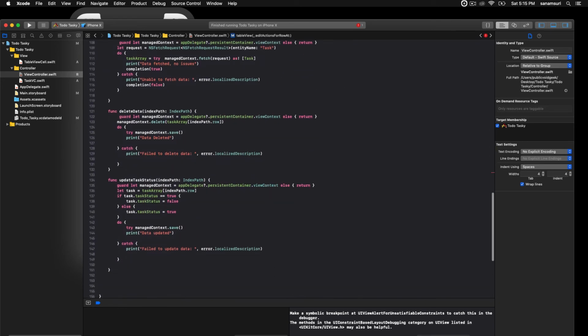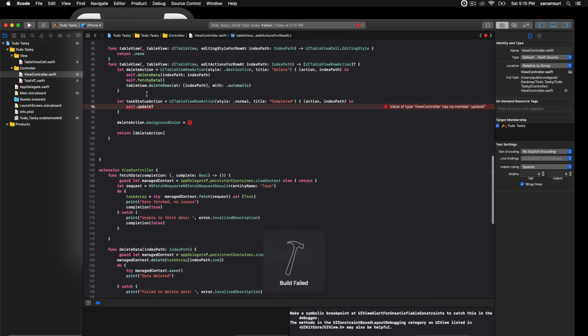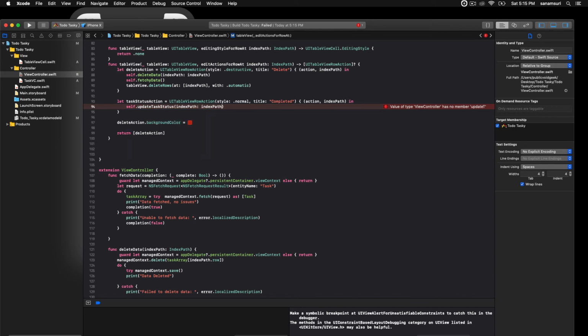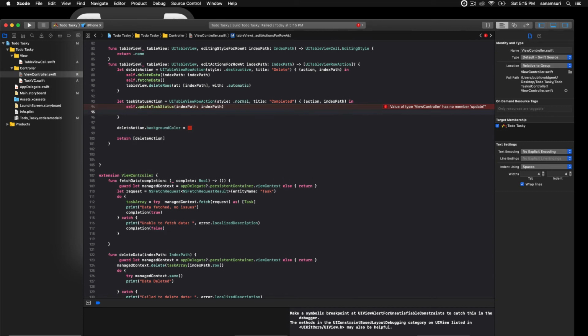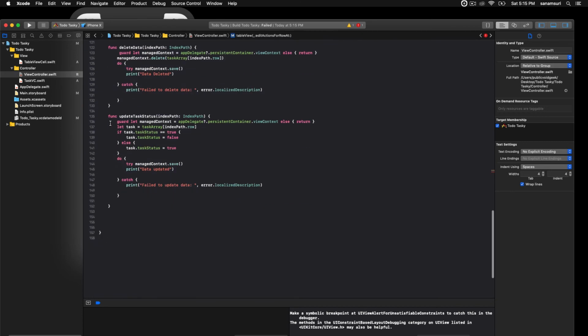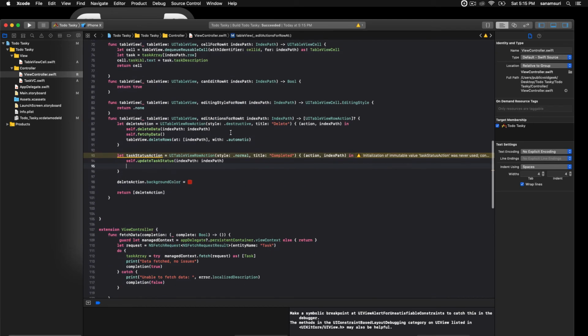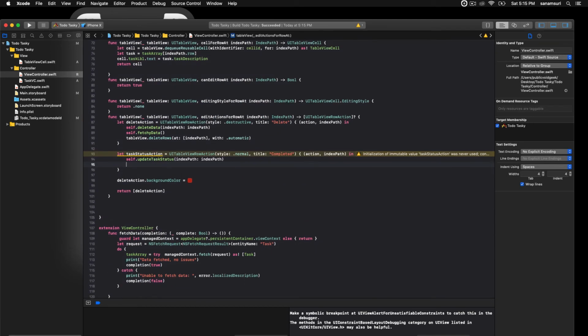why is it not coming? Try to build it. So index path, we will pass the index path over here. So we're calling this function that we just created. It will update the task status, and it says there is no function, there is no member. Why? And gone. Alright, so now we have updated the task, and once again we need